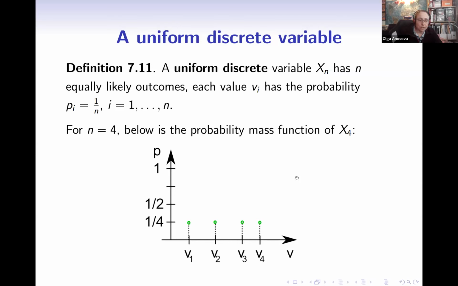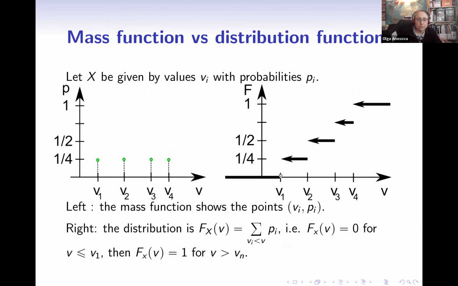How is the mass function connected to the cumulative distribution function? Well, as mentioned, the cumulative distribution function accumulates probabilities, which means that the cumulative distribution function was 0. Then at point v1, the first value, it will jump by the value of the probability in v1. At the next point v2, it again will jump by the value of this probability, and so on and so on. And the largest value that it can jump to will be equal to 1. That's how it looks.